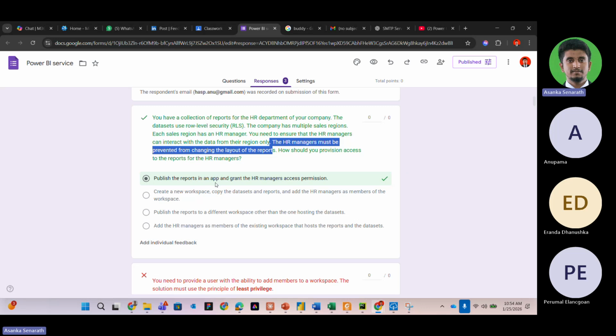So the best way to share a report with someone else is to create the report and then create an app based on those reports. That's the best practice for publishing a report. It says that first we create an app and grant HR manager access permissions, right? So in this answer that they have given, in the app we discussed last week, we can create